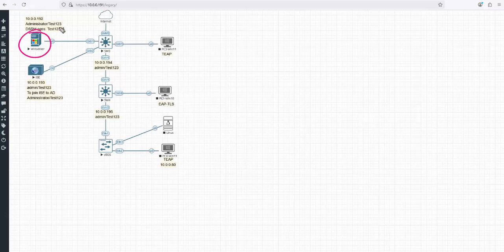I have a Windows server here. This is running Active Directory services, certificate services, and also some group policies. I'm not going to get into detail on how to configure the group policies or set up the Active Directory server,